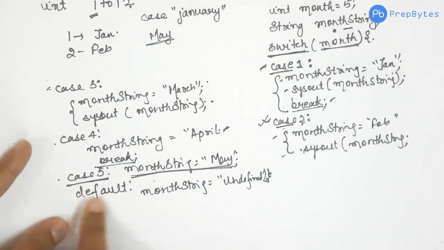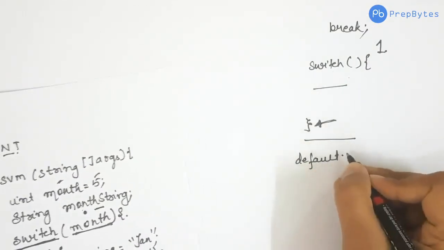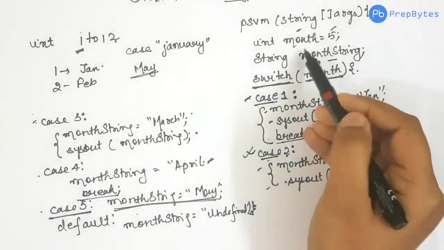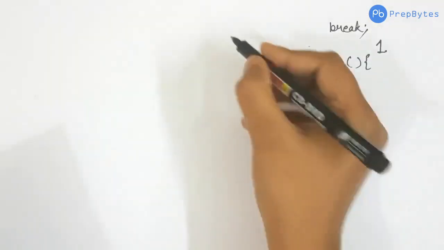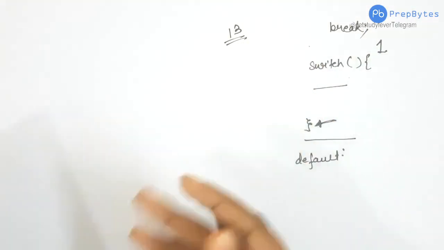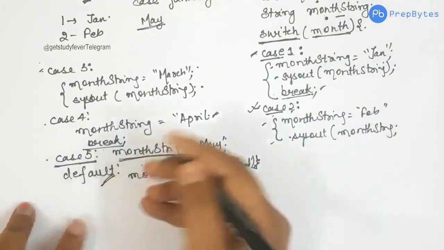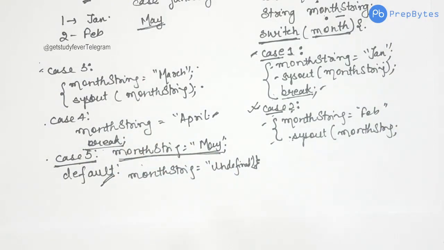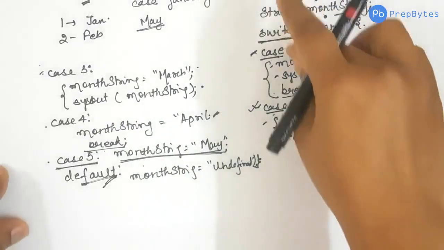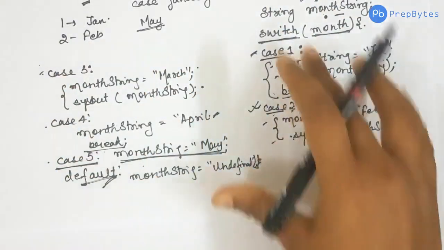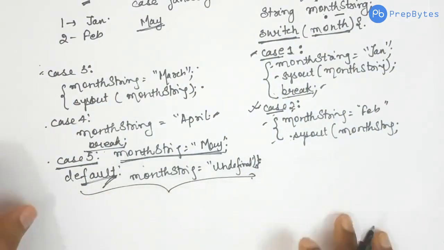Then at last we have a default. So what is the default statement? Let's say we are taking the input from the user, and the user puts something like 13. This is undefined. For handling such cases, we keep a default. If the user gives 13, 14, 15 or 100, for these we keep a default. If none of these cases get executed, then only default gets executed,